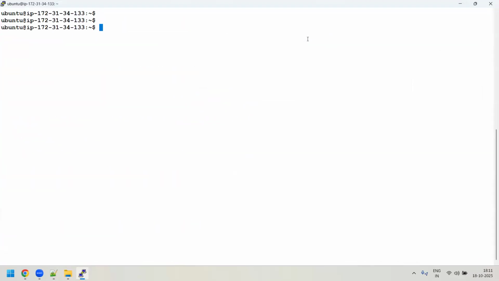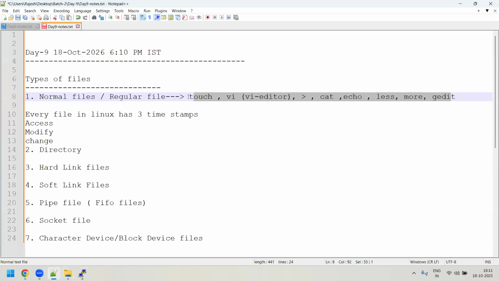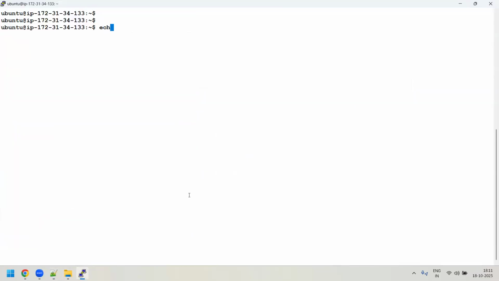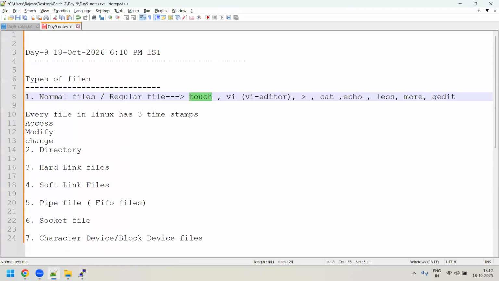So what I was saying is that you can create a normal file or regular file with the help of these commands: touch command, vi, even the echo command can be used. So if I say echo, double greater than sign, and then specify something like file1 and say enter, ls. Can you see a file1 has been created, right? There are various methods, but most often people use the touch command to create a file. The touch command is going to create an empty file, a 0 byte size file.